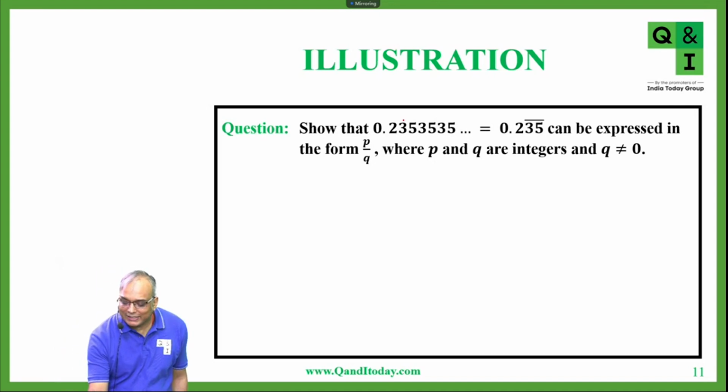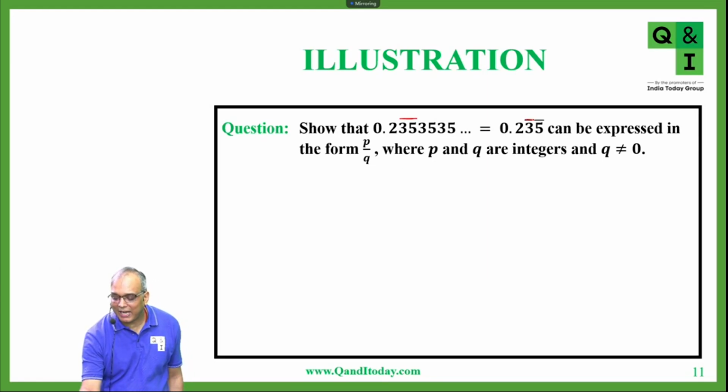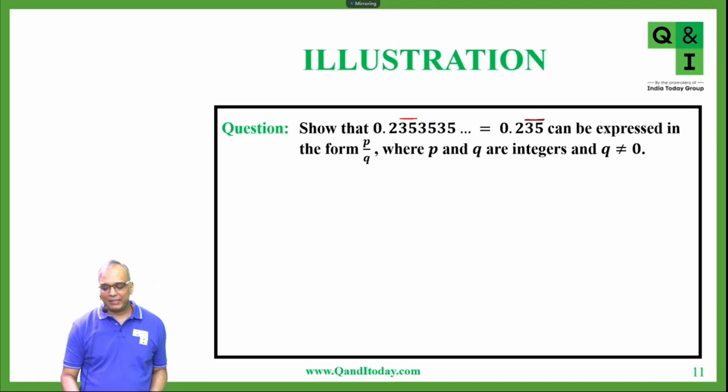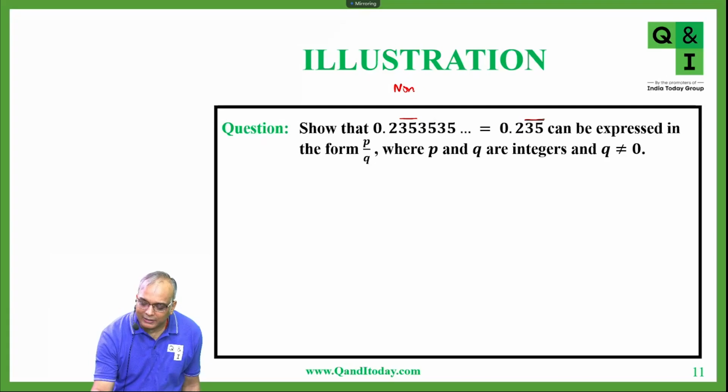So only these two digits are repeating, 3 and 5. And that's why you can find this bar only over 3, 5 and not over 2. 2 is not repeating. So this is also another example of non-terminating and repeating. So non-terminating and recurring decimal,